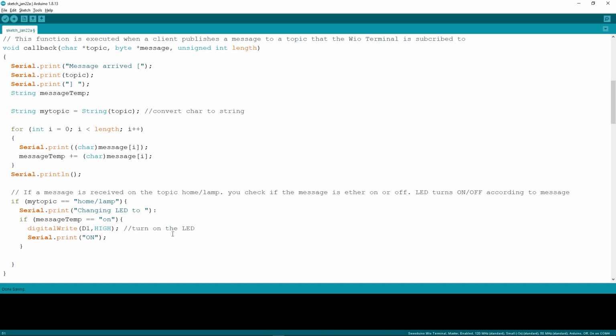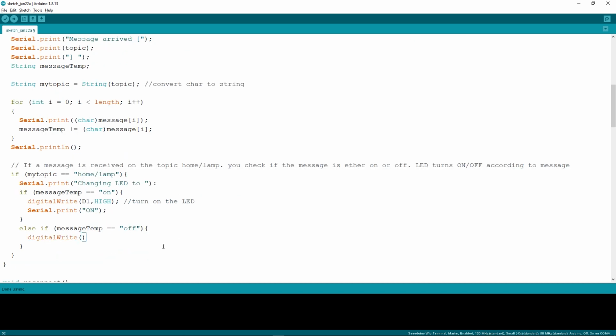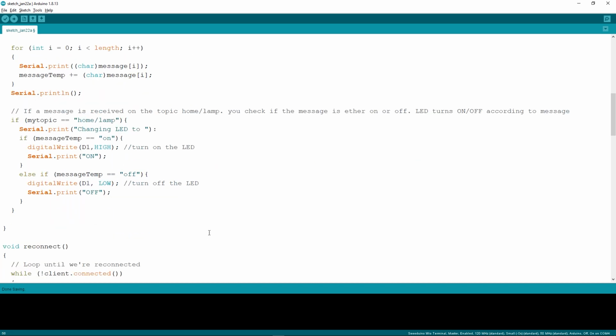And now we will write an else if. So this is for the off condition. So you can see that the LED is connected to the D1 pin. So according to the diagram I have shown you before, this is the connected D1 pin we have assigned here inside the digital write function. So finally, after this curly bracket, print a new line. I'm sorry, here I added a colon. This should be a semicolon.